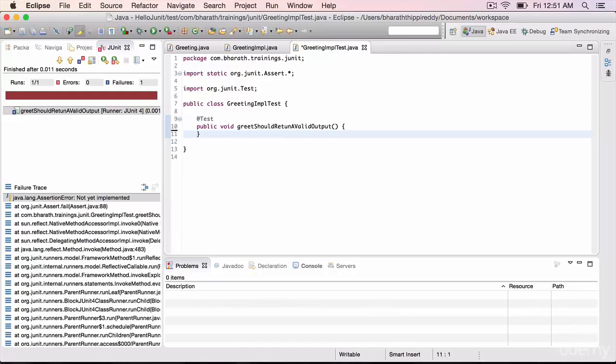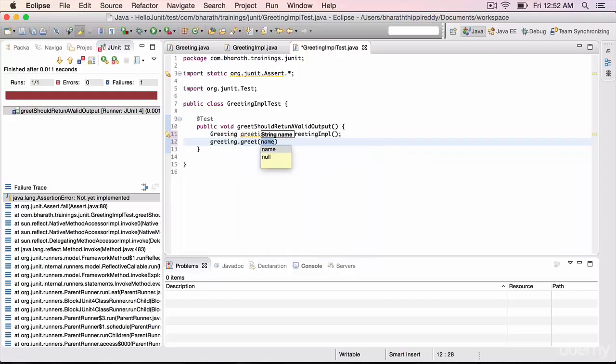Hit Ctrl D, remove that fail method. Start writing our test by creating a new instance of our greeting impl. Assign this to greeting interface object greeting dot greet.